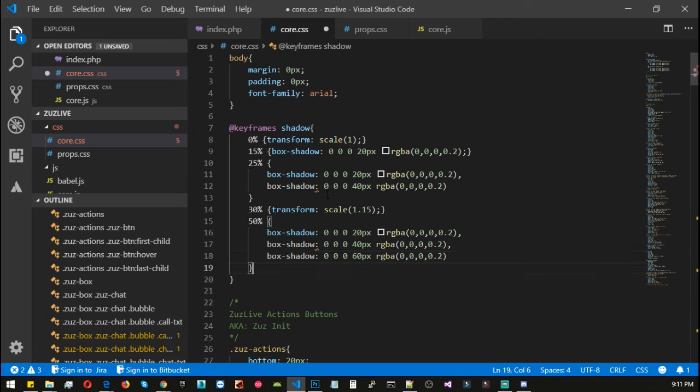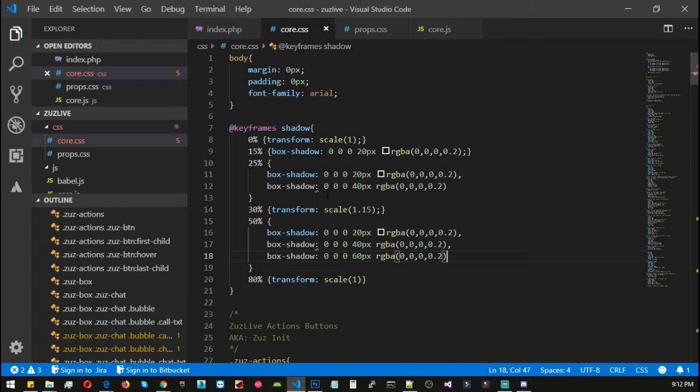And on 80% we will scale down to 1. Great, save, and